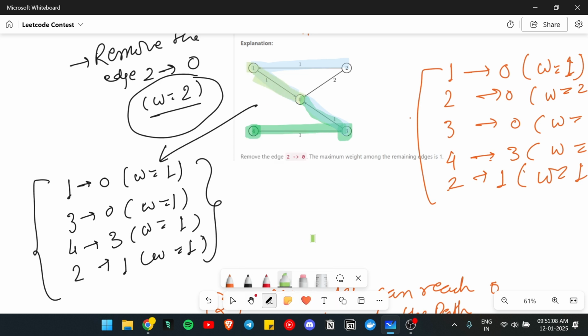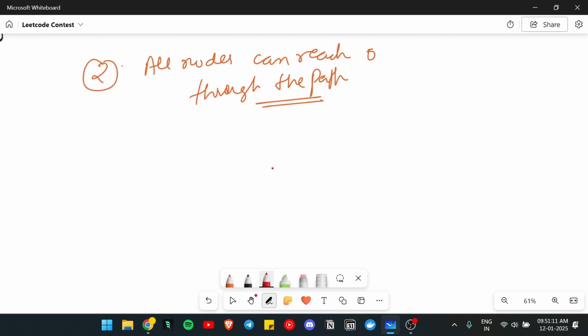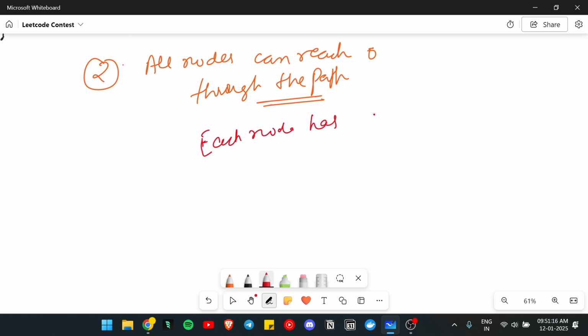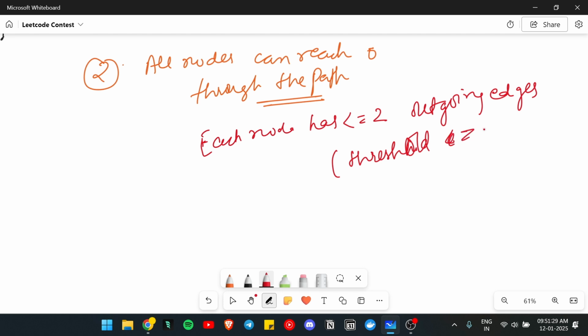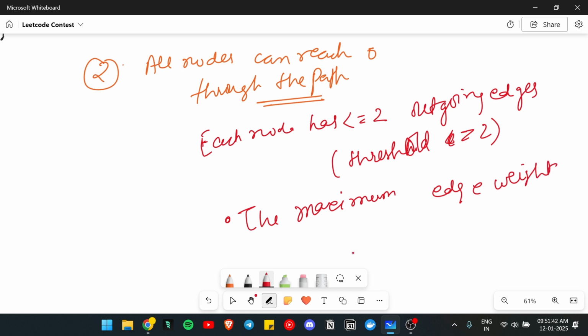So now we have to get here, each node has less than or equal to 2 outgoing edges. Now their threshold is equal to 2, we have been given here. Now the maximum edge weight in the resulting graph